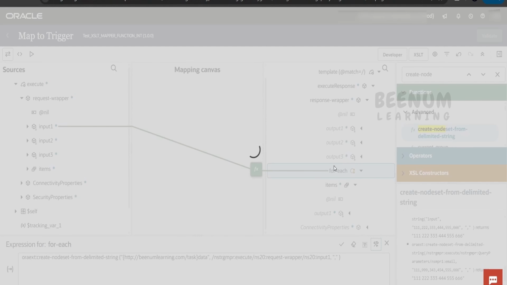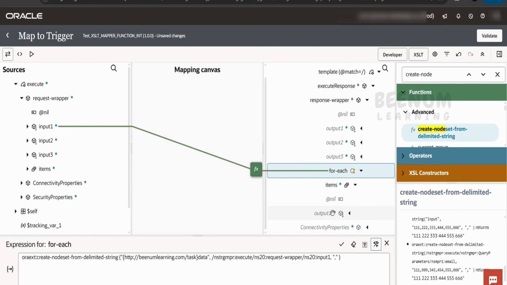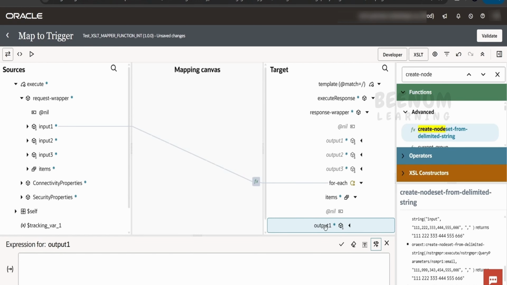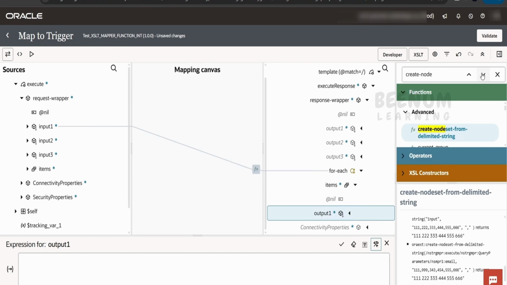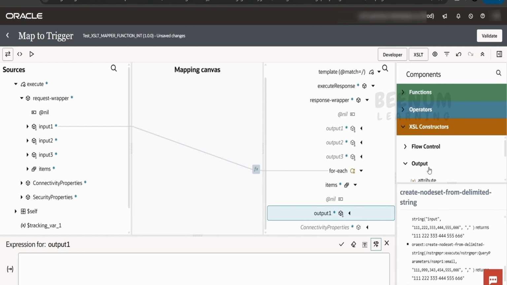Now we have added the for loop, but we have nothing assigned over here in the output one. Now we are directly resolving to the input one. So whatever it is looping over here in the for loop, it will be available in the current element, that is in the for loop. In order to access the current element, what we can do is we can create the output node over here. Then we can drag and drop the XSLT construct over here from the output, that is the value of,